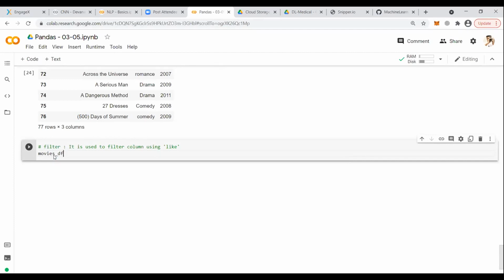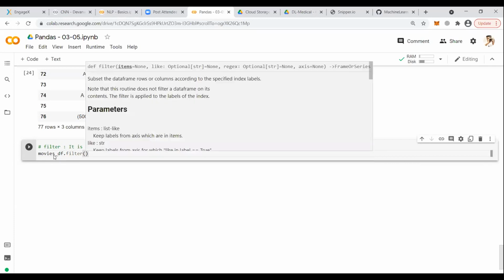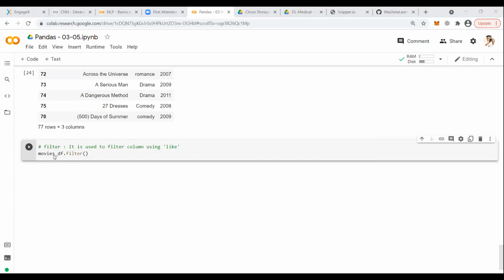movies_df.filter. Filter is a method. Use like equals, take a value, let's say anything, I'm writing a, suppose. What this will do is compare where exactly a is available in any of the column names.